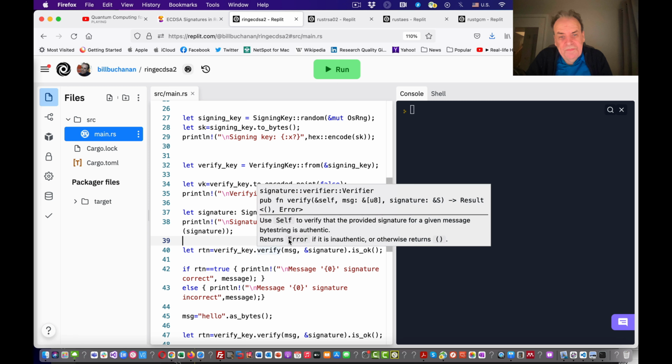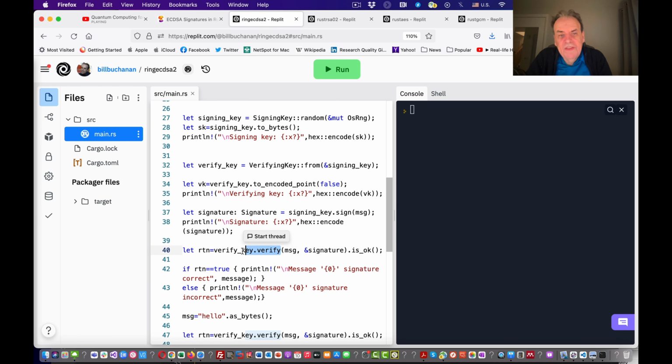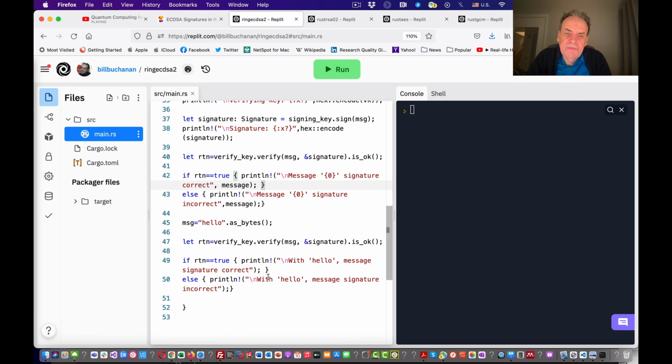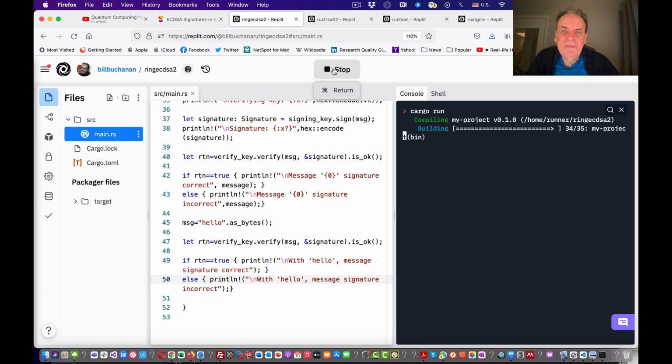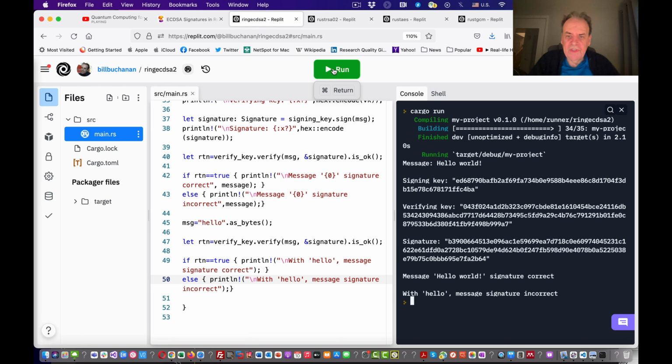After that, we can then verify the signature using the public key, and hopefully everything will work out okay. So give this a little run just to see if it works, and it does. There's the hello world, and we can verify the signature. The return that we get here will define if it's a true signature or not.